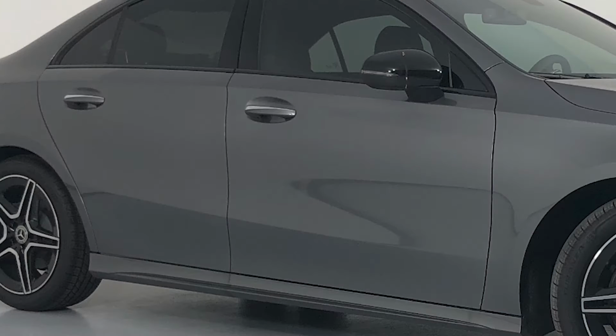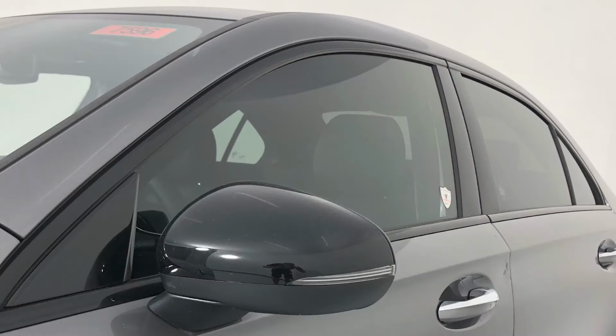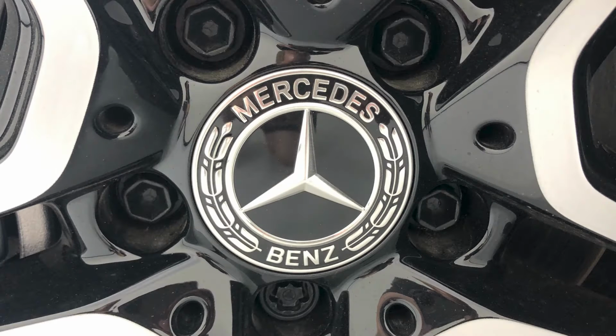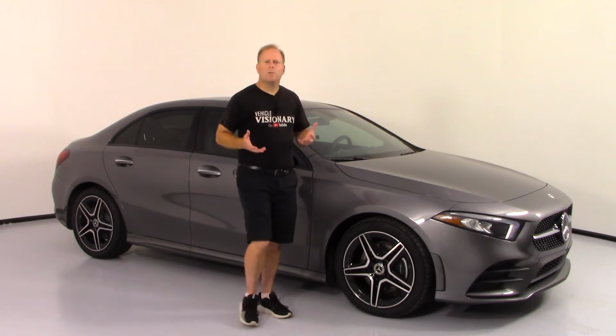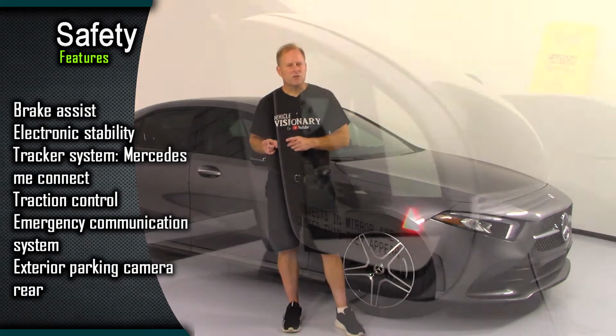The nice body lines here just give it a nice racy look. Chrome door handles, black trim, black mirrors, and the nicely tinted windows. And to really set that off, you have the AMG 18-inch 5-spoke black wheels that I think are just part of the perfect color combination of this car, between the mountain gray metallic and the black trim along with those wheels. And of course, there is a litany of safety features that I'll list on the screen right now